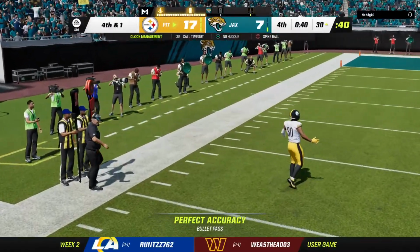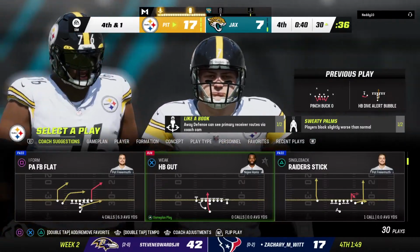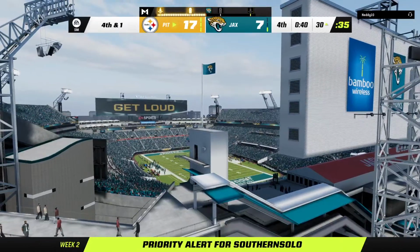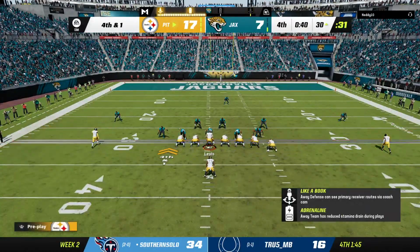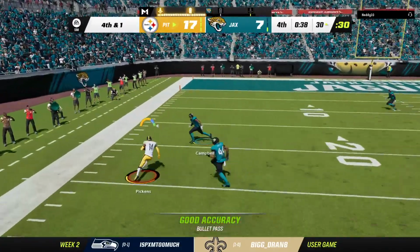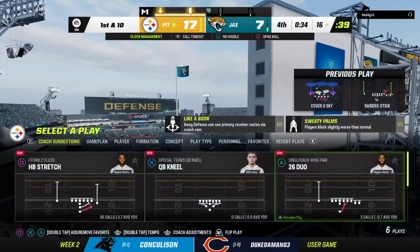And that is incomplete. Was that the incorrect read or just more an error on the throw by the quarterback? I lean more towards the latter because it seemed like he was open there, just missed him on the throw. And a tough one to miss because now you're dealing with a 4th down. They'll look to throw. Able to find his man. It's Pickens. And he is going to have